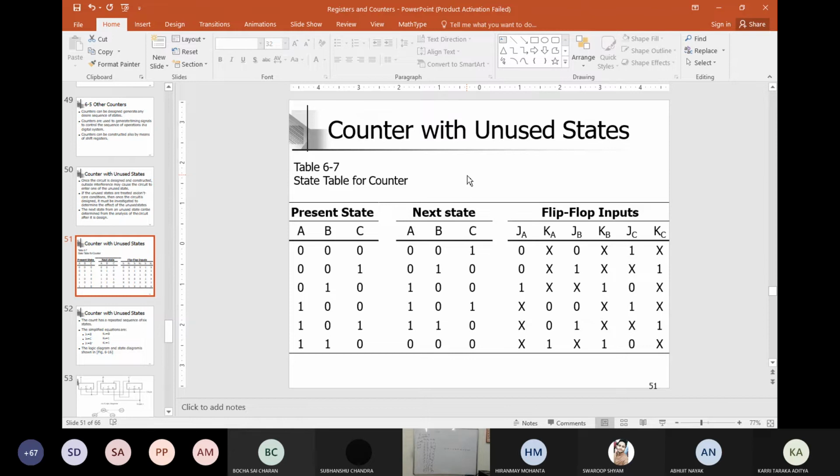Yes or not? Ma'am, please make us understand once more. See, I am trying to design a counter which goes through this sequence. After 6, it will be back to 0. That means it's a synchronous counter, not asynchronous. So present is 0, then it is going to 1. Present is 1, then it is going to a predefined sequence. Then present is 0, it is going to 4, then